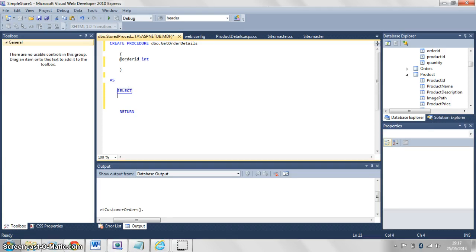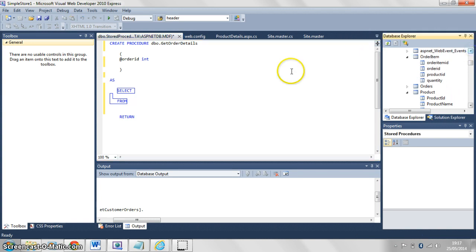But I'm going to select from the first table, and the first table is going to be order item. Now, it's good practice, or it's usual practice, to give the table names an alias. Otherwise, we keep having to type the table name every time we want to refer to one of the fields, and it's quicker if we give them an alias. So I'm just going to say select from order item as OI,